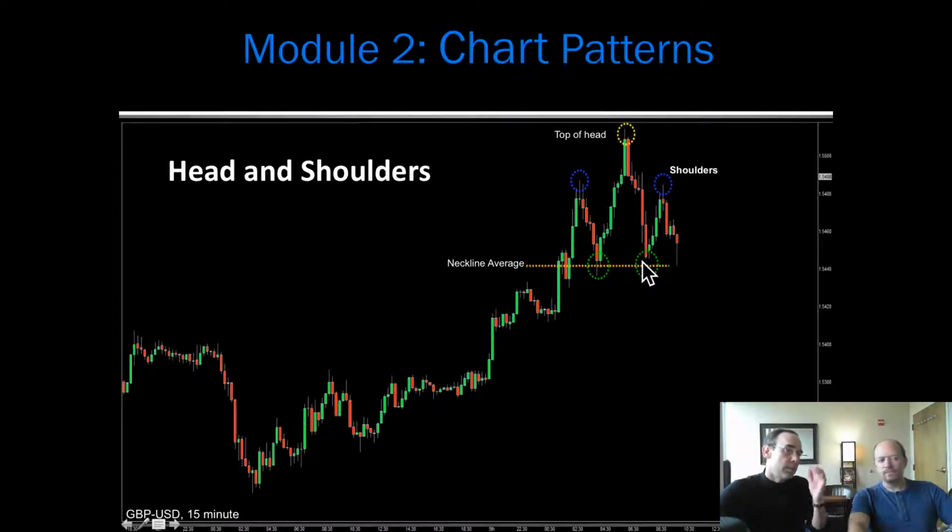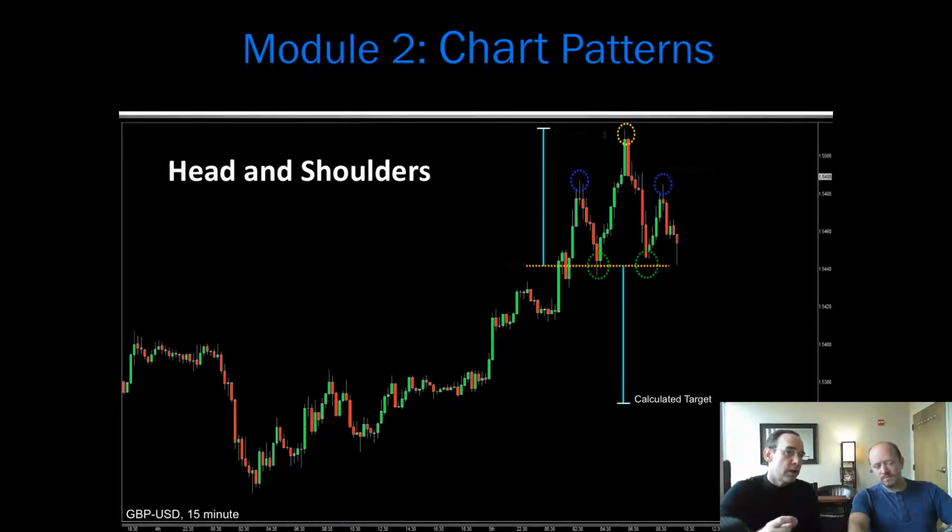So we're thinking, okay, a person might see this, and if they focused on this one chart, they might think, wow, this looks like a great textbook head and shoulders pattern. And if we go one more click here, we're going to show our calculated measurement, and then we bring that down to show our potential calculated target. And if we continue on to check out what the price movement does, we're like, whoa, wait a second. We thought these things were reliable. Why is this thing taking off in the wrong direction on us?